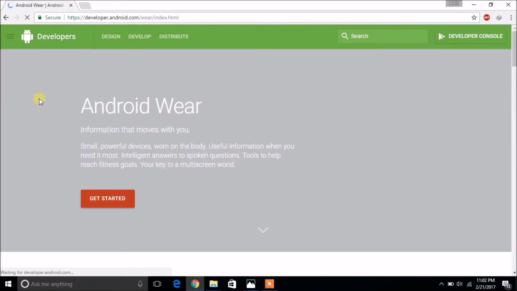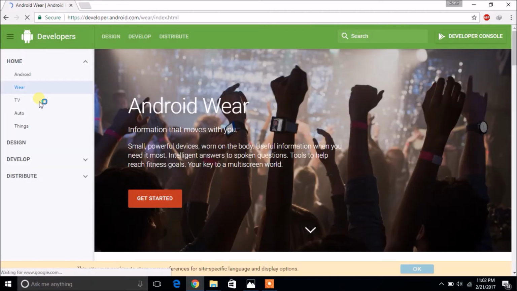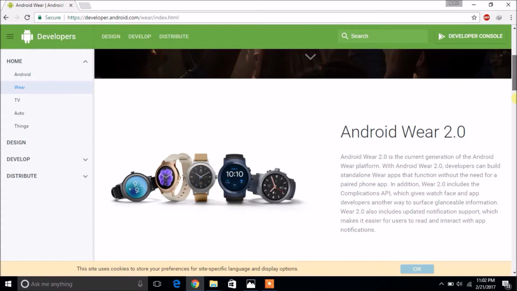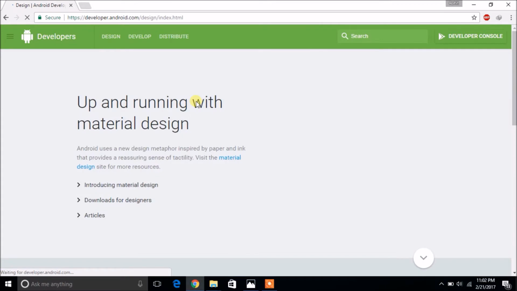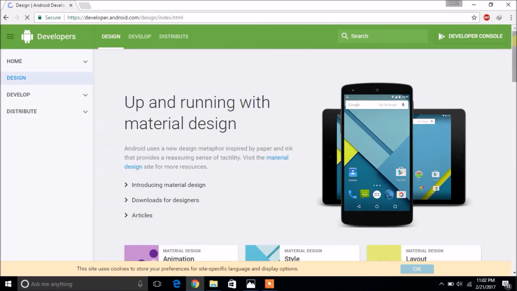Then let's go back. The Wear section tells you about Android Wear and everything related to it, including developing tools, and the same is true for TV, Auto and other things.